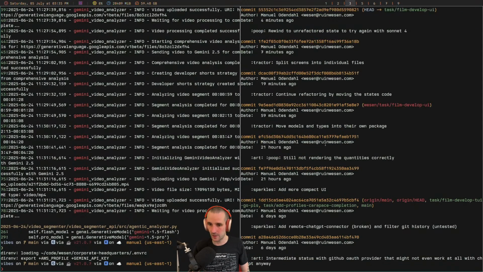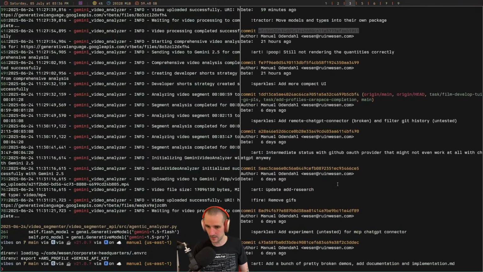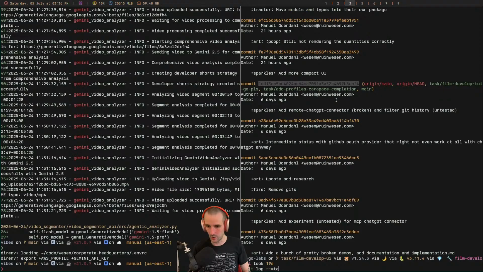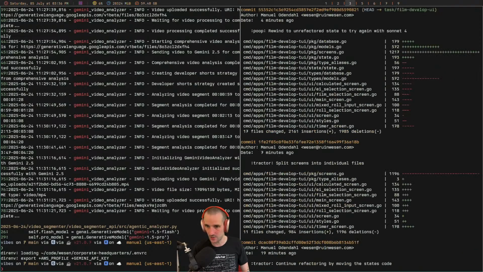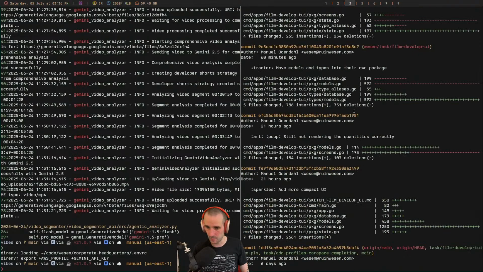So where is the origin here? Add more compact UI, still not rendering the quantities. Task, film, develop, TUI, go PLS. Add remote ChatGPT. Where is our spec? I'm mostly looking for the spec for the application so we can start from the same point. Sketch, film, develop. So this is this